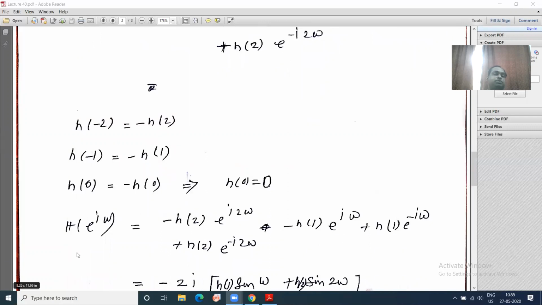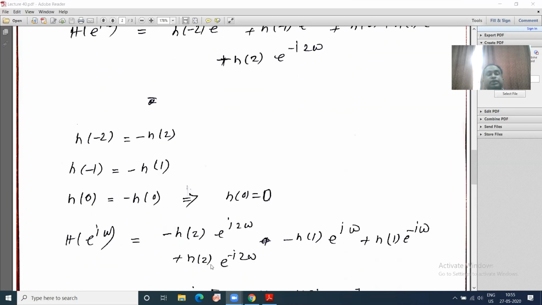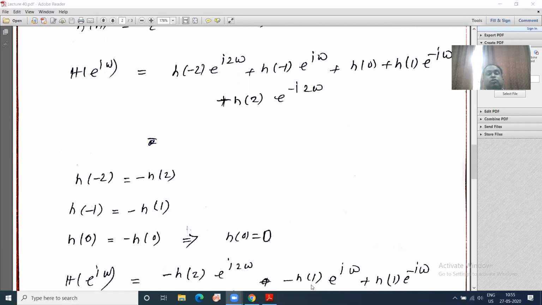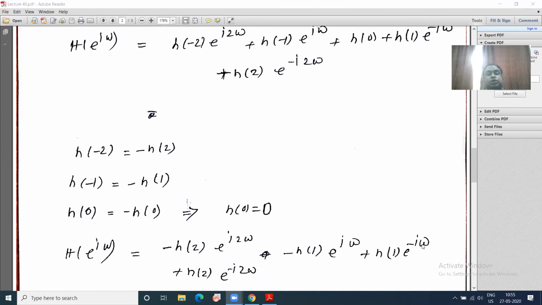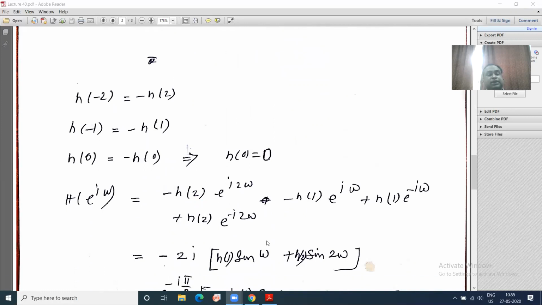Now if I write h of e power j omega, the filter transfer function, that I will write as minus of h2 e power j2 omega for h of -2, since h of -2 equal to minus of h2. H of -1 equal to minus of h1 e power j omega, and h0 equal to 0. And h of 1 equals h1 e power minus j omega, and h2 into e power minus j2 omega. Then if you combine,